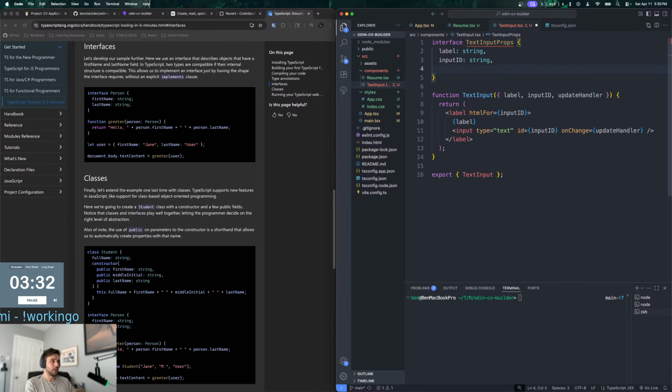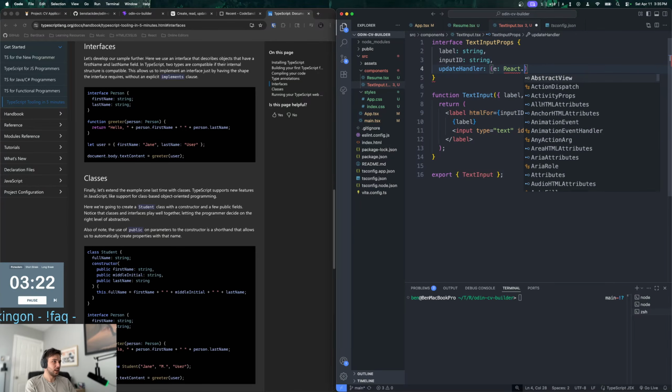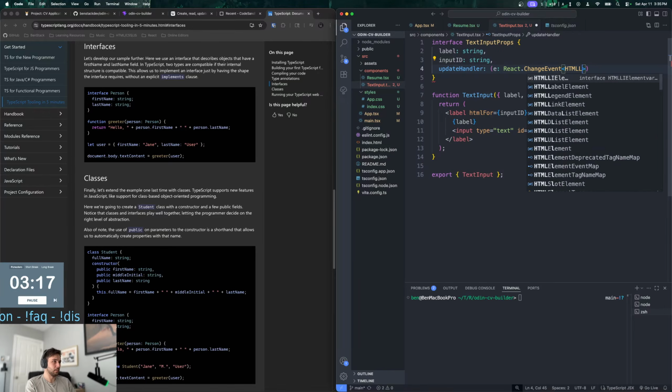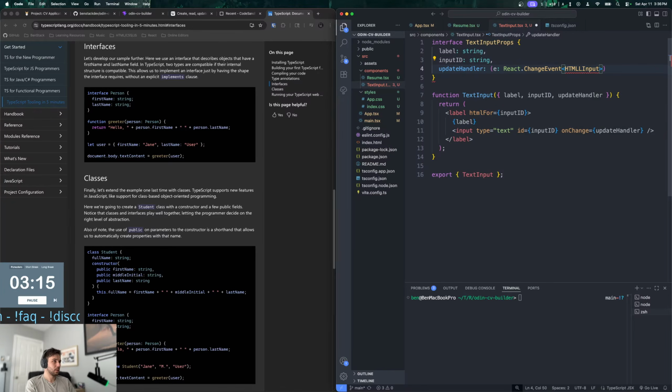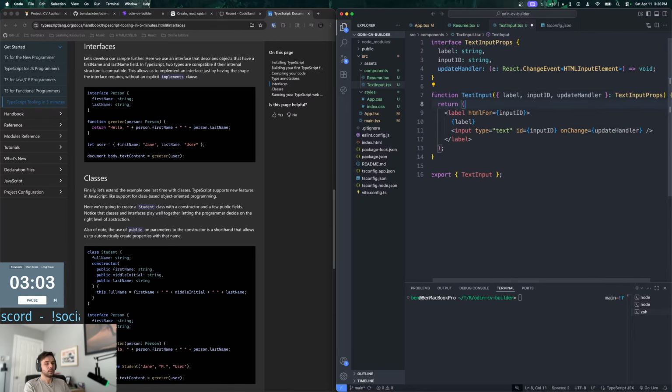And then update handler is e, which is React dot change event of the HTML input. And then arrow void. And then text input props. Nice.